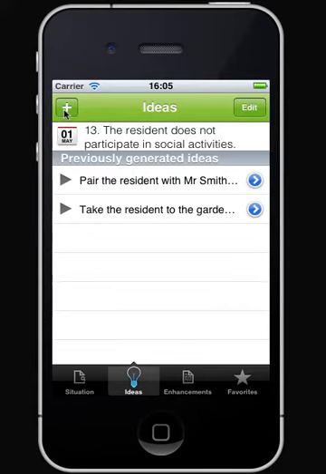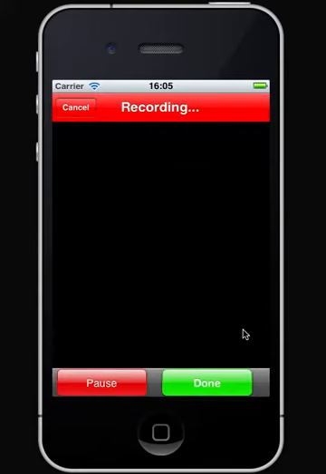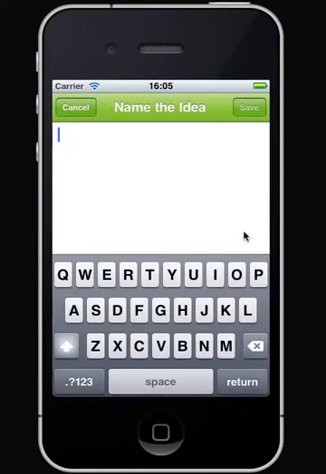Now if I wanted to add another idea based on having listened to the ideas played back, I can do that by adding the plus button in the top left hand corner of the screen. So let's click the plus button, and again I'm then able to record a third idea which I might want to add. So let's imagine this idea might be about who will decide how will we decide who to pair Mr. Smith up with? So here we might say an idea called the management decides